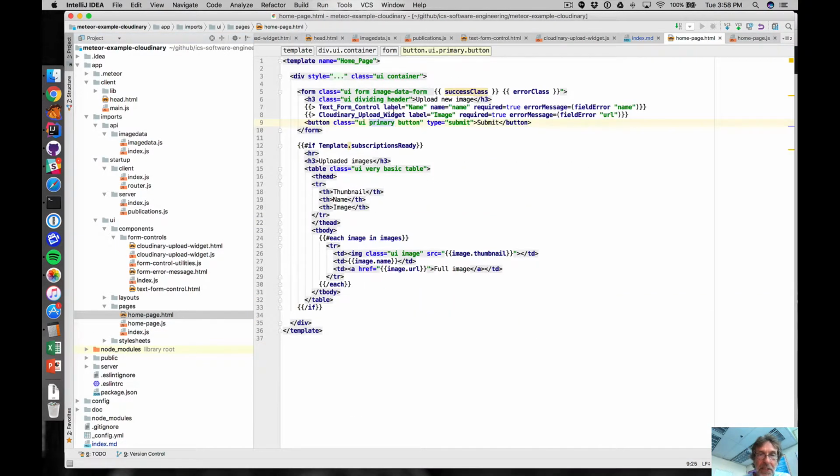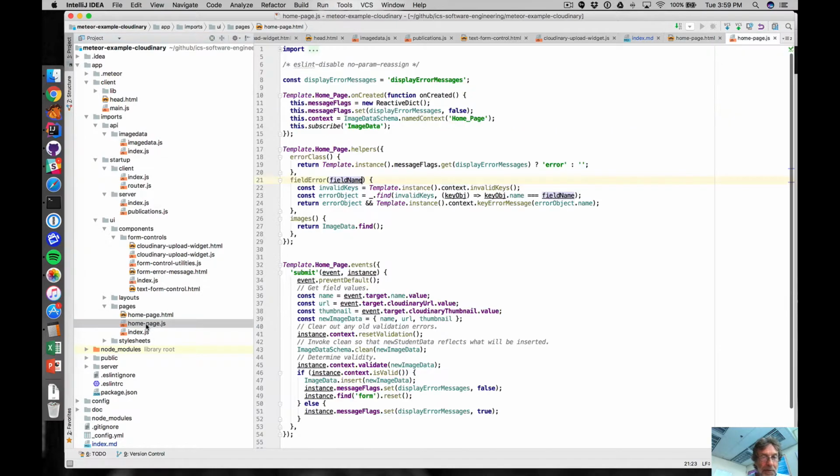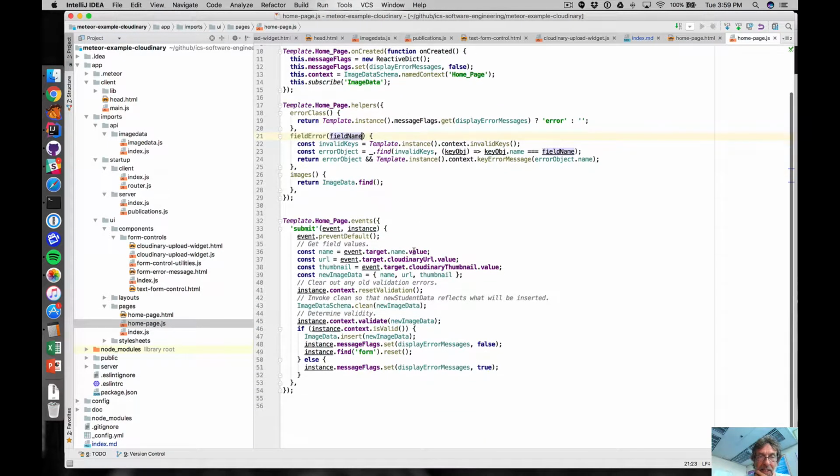Remember, in our homepage here, we know this text form control is just a text field. The Cloudinary upload widget, we know that that's a button. That's going to display a button, and when the button's clicked, we're going to run that upload widget and pass it a callback, which is going to update this form with a couple of hidden values. Now we're going to click submit, and let's see what happens then. And the important stuff here is that we're going to get the name, the URL, and the thumbnail out of the